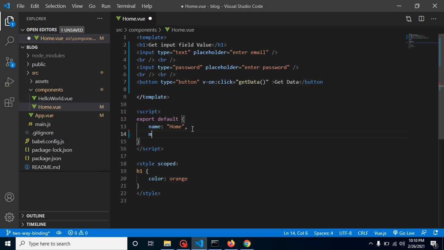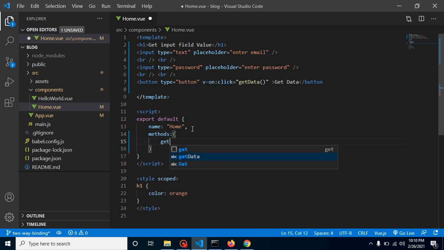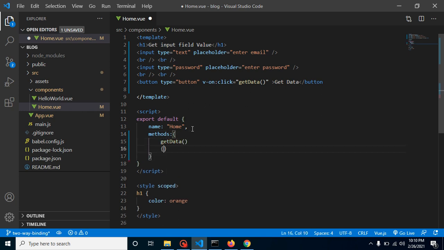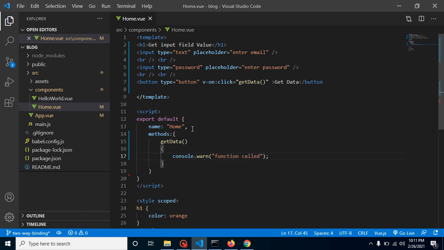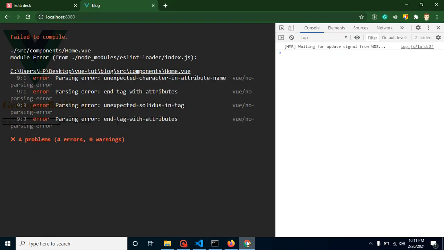Simply put methods, not method, and after that let's use the getData method, and for a moment let's make a console.warn and put some text like function called. All right, and okay, so we got an error here.